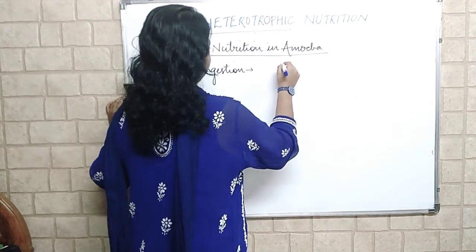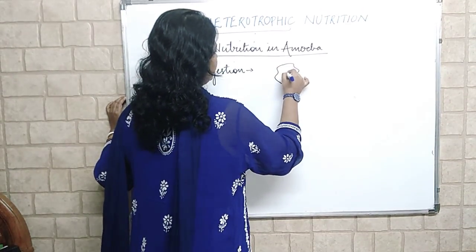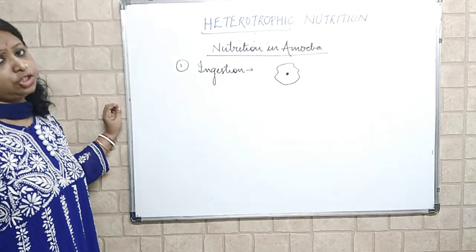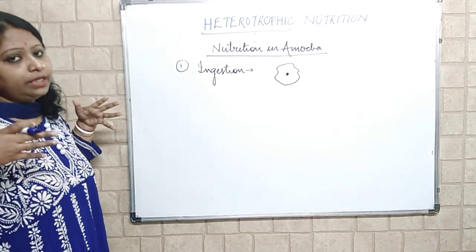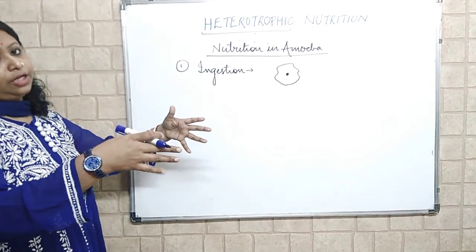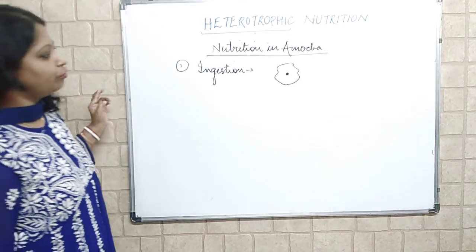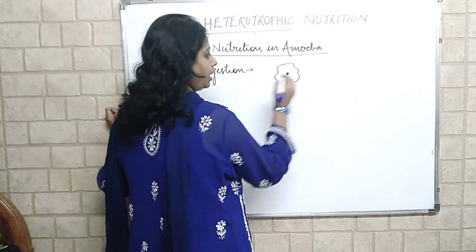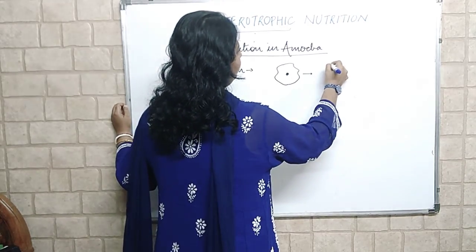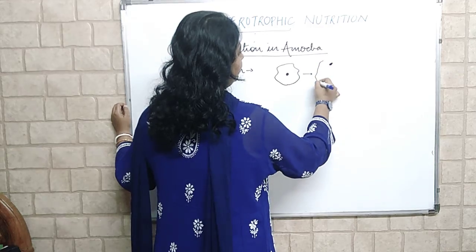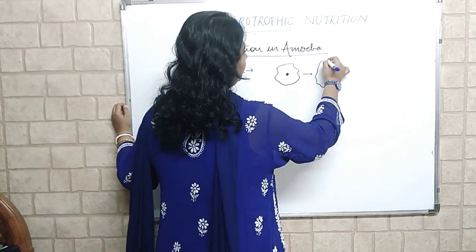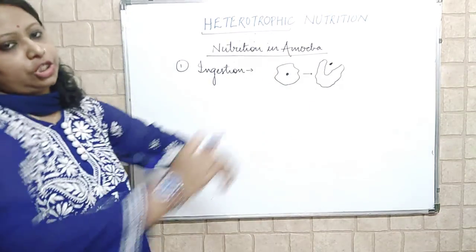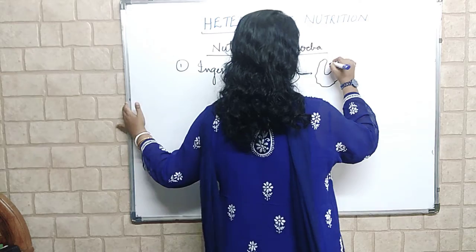How do amoeba take in the food? Let's see. Amoeba, we all know, is a single-celled organism. They do not have a fixed shape. They throw their body into any shapes and keep moving like that. So this is a normal amoeba. When this amoeba sees a food particle, this is a food particle, they will draw their body and throw their cytoplasm into finger-like projections.